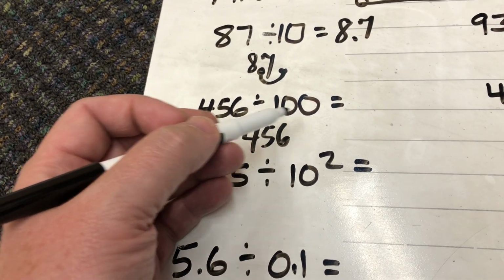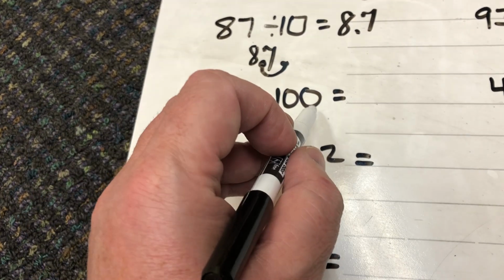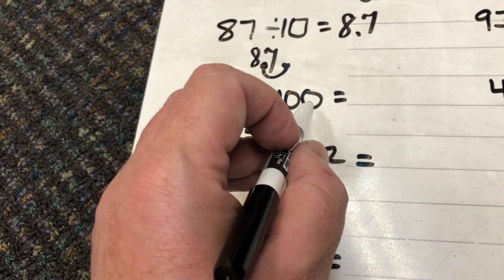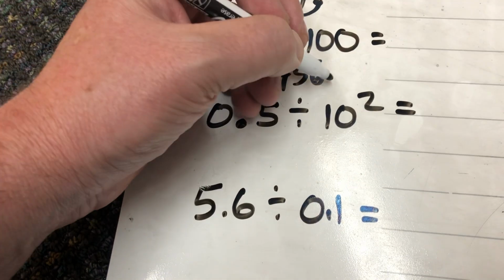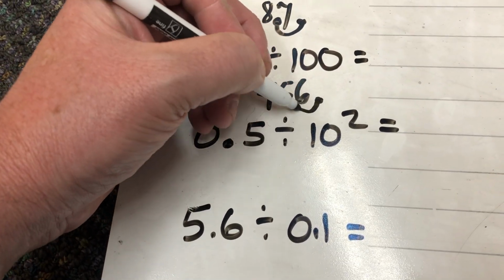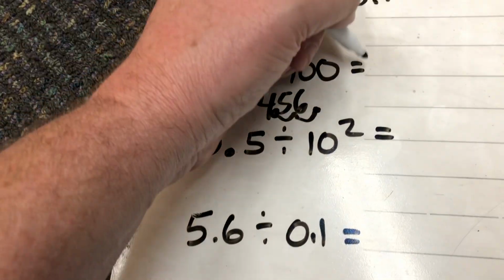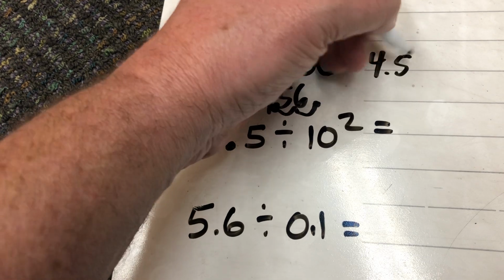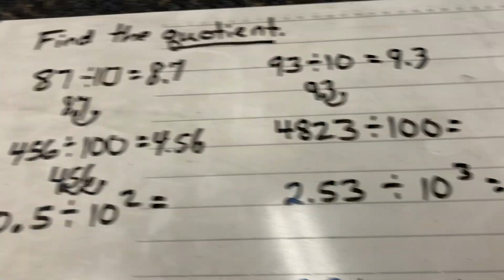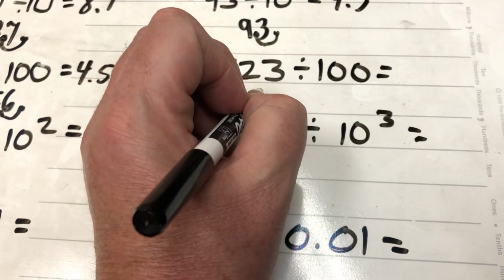So all I'm going to be doing is moving the decimal two places to the left now, because there's two zeros in 100. So if my decimal is there and I'm going to move it twice to the left, once, twice, my decimal goes right there. I end up with 4 56/100. If I go to this one, 4,823 divided by 100, same thing,